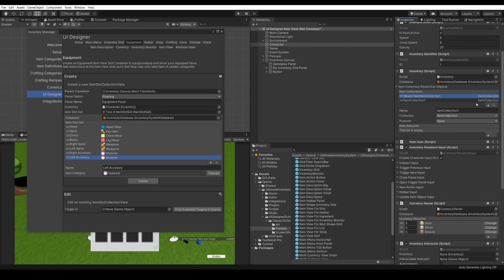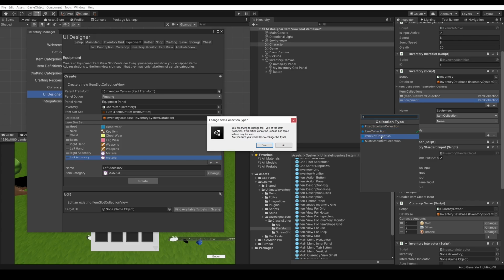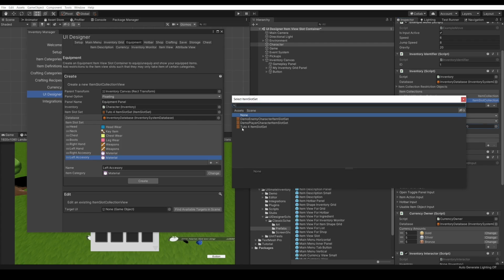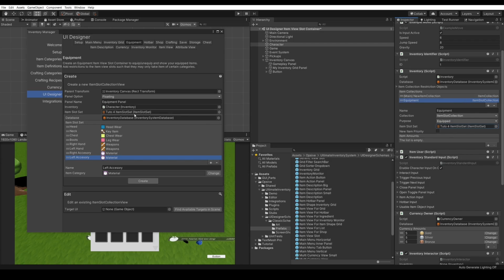So we can create here item collection, call it equipment, choose an item slots collection for the type, and choose the purpose as equipped. We'll choose the item slot set to be the exact same that we selected here. We can now press create,